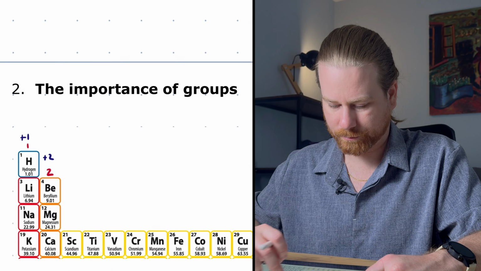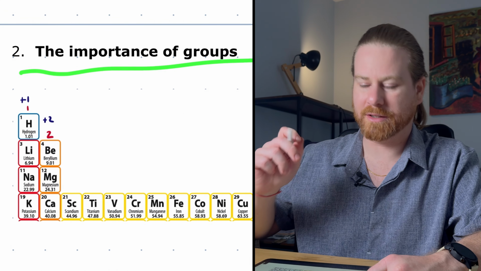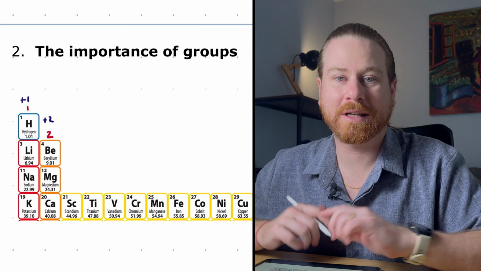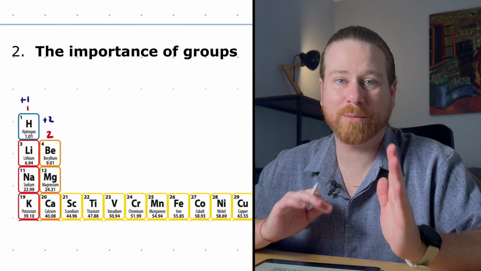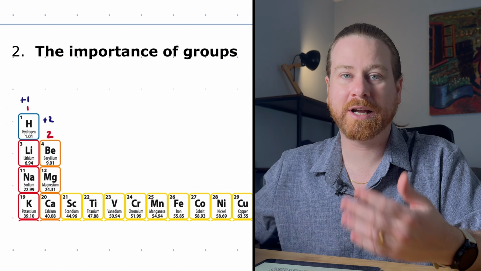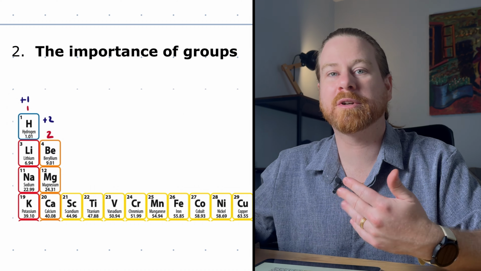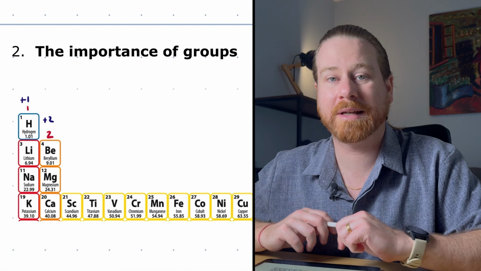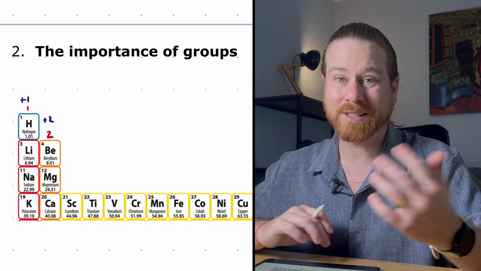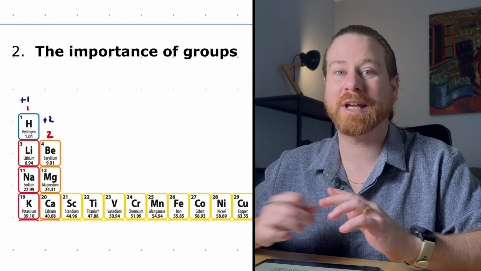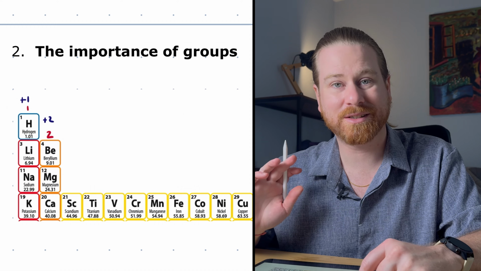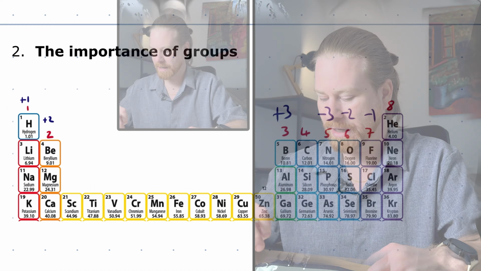Okay, so let's have a look at the importance of the groups in a bit more detail. Because everything in a group has the same number of electrons in the outer shell, they undergo very similar reactions, because the moving and swapping of electrons, how they interact with other elements, is pretty much the basis for a lot of chemistry. So if they have the same number of electrons in the outer shell, they behave in a very similar way. And one way in which they behave in a similar way is the charges that they form,